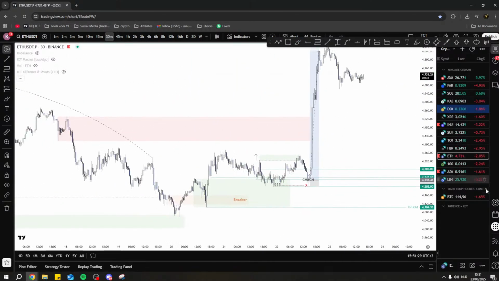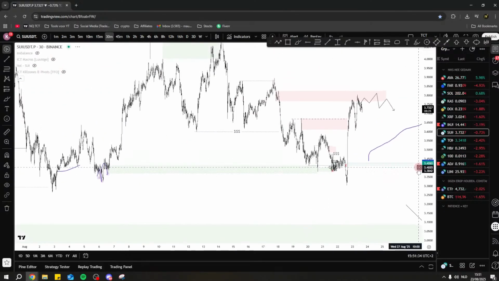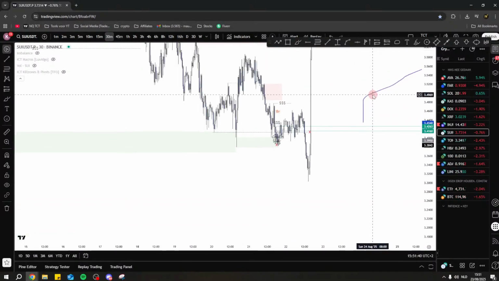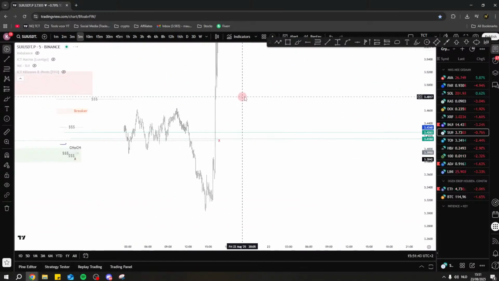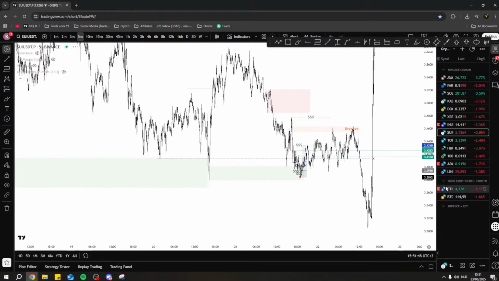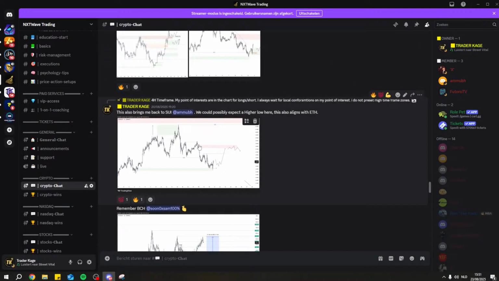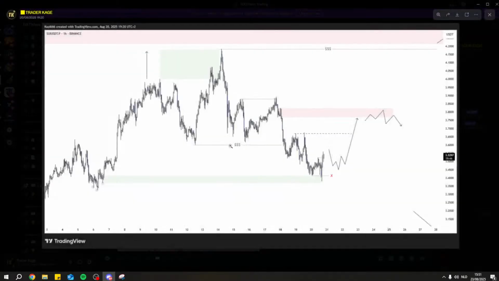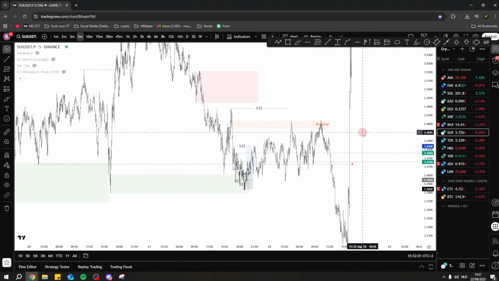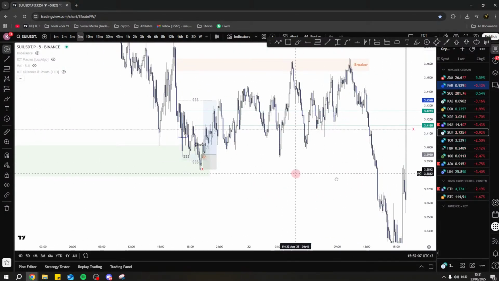Let me check Sui for you, because I know we have been sparring a little bit for that. Wow, just picture perfect. Let me actually check what I've shared. Sui, yeah, basically was the same as ETH, but I think Sui took out that low. It did. You did have a little scalp here.